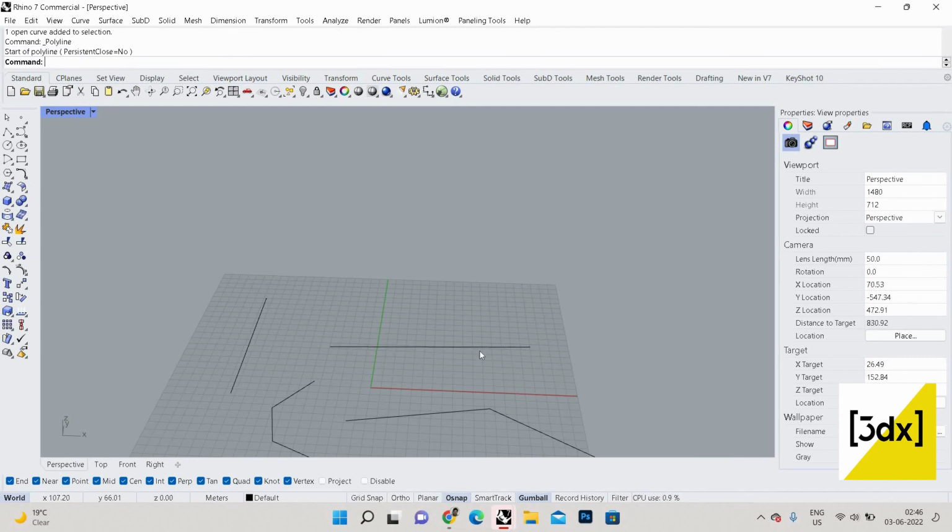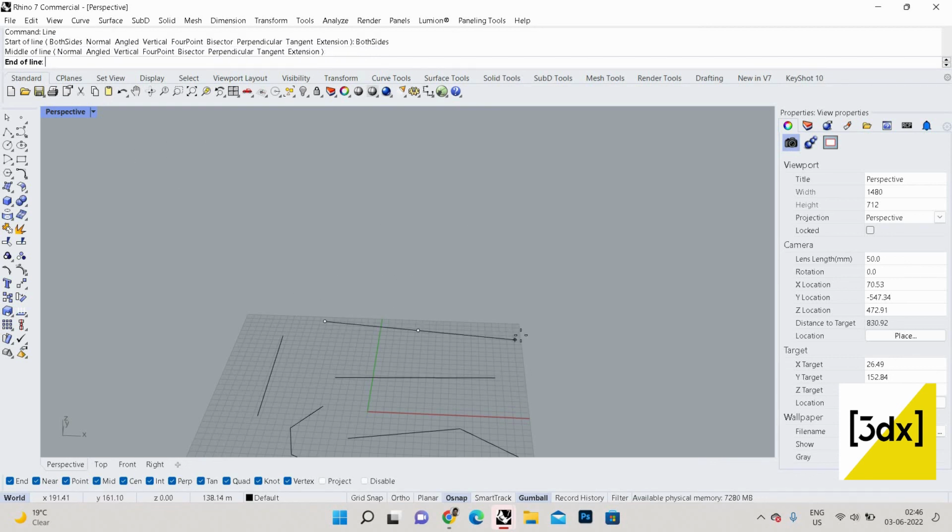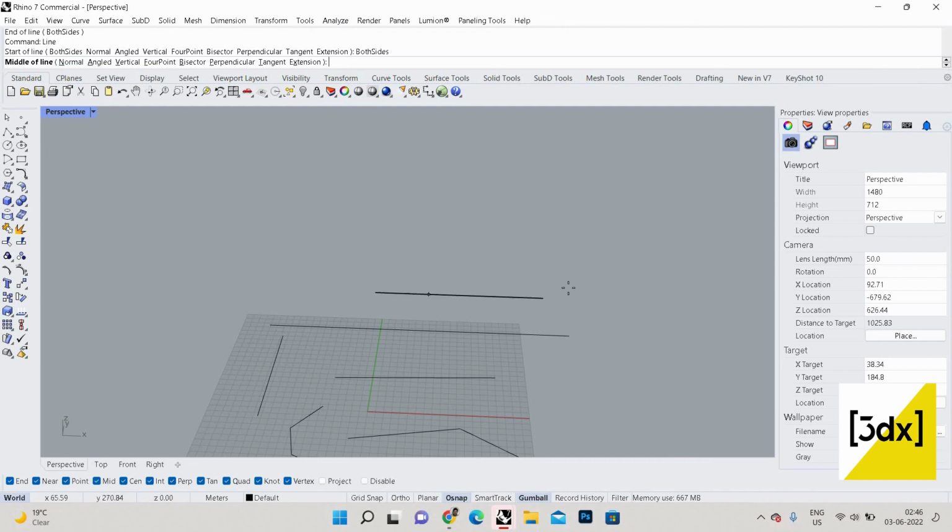So let's go into the line again. When it's single input, you can see start line, but you can see there are a lot of options over here. So in single line, when I give both sides, I just click it. You can see the line has been drawn from the point on both sides. So this is the option. This is a normal line. But when I give the option both line,